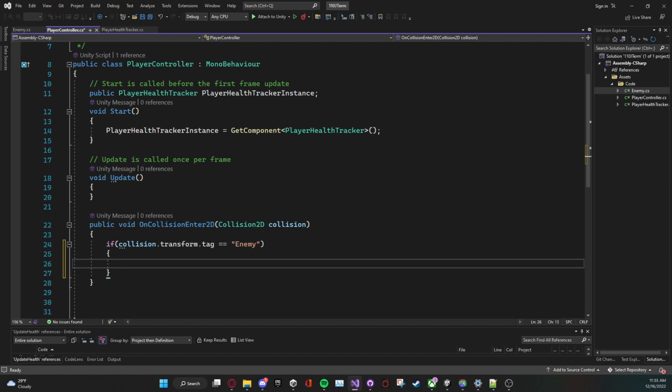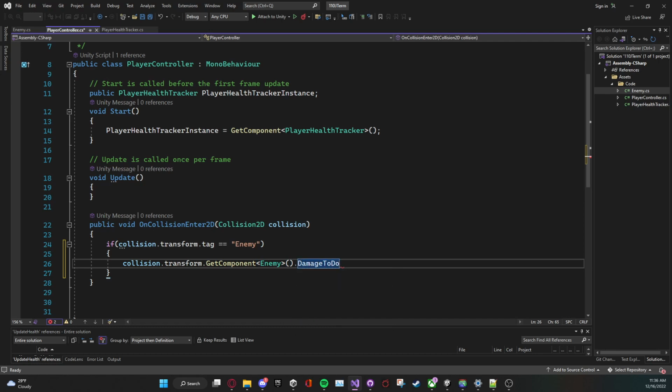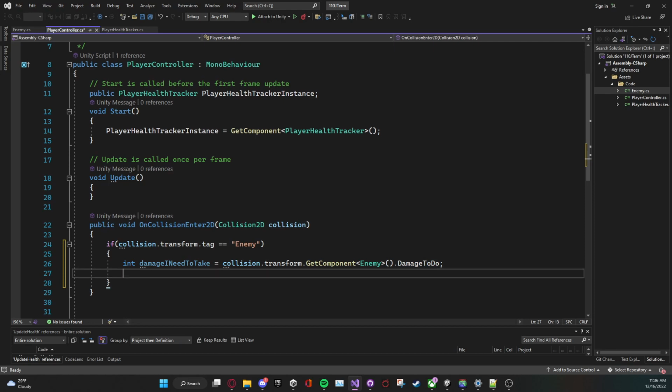If the thing that our player controller collided with is tagged enemy, then let's get component. We're going to say collision dot get transform, sorry, dot get component enemy. We're going to get its enemy script and get its damage to do. We're going to just make a private variable here called int damage I need to take equals that. Now, we have access to our player health tracker instance, and we can say